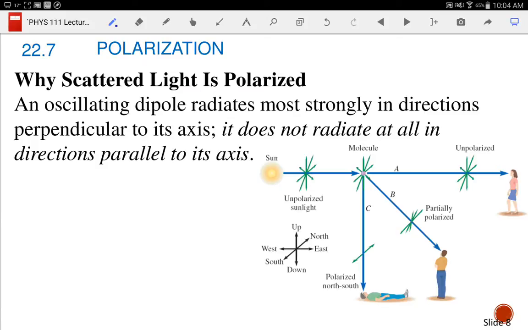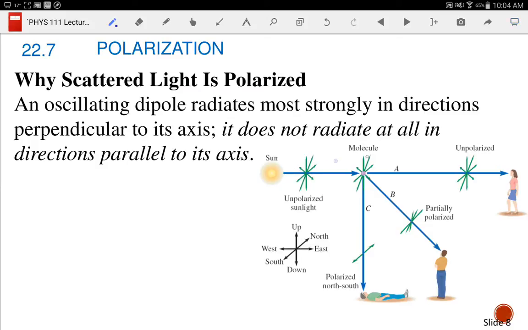Well, the sky is also polarized. I especially noticed this one summer. I was working up at Fossil Butte in Wyoming, pretty high elevation. And wearing my polarized glasses, looking up at the sky, I could really change the sky's hue by rotating my head. Why? Because that Rayleigh scattering that makes the sky blue